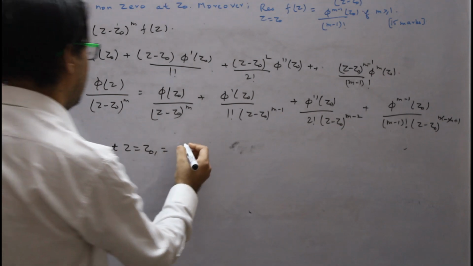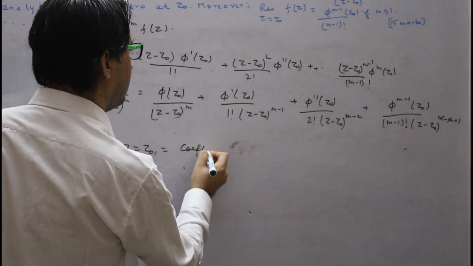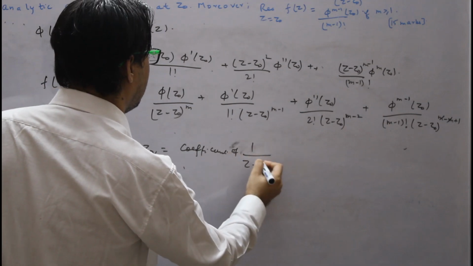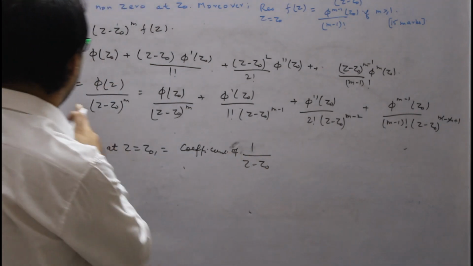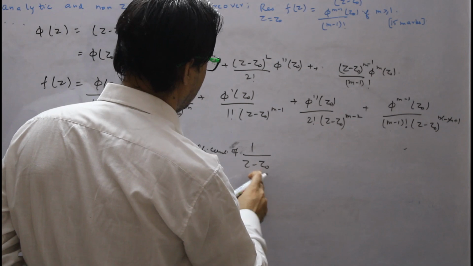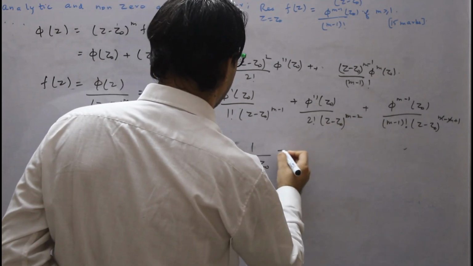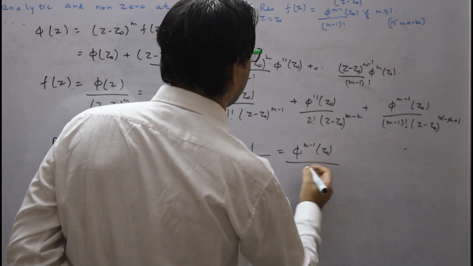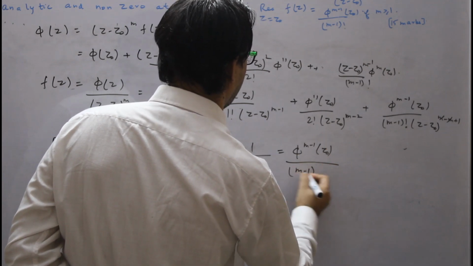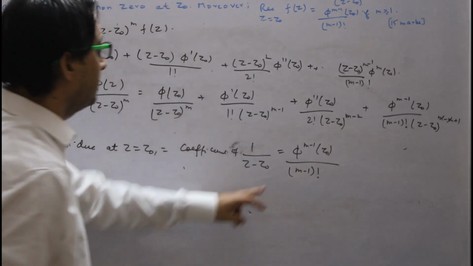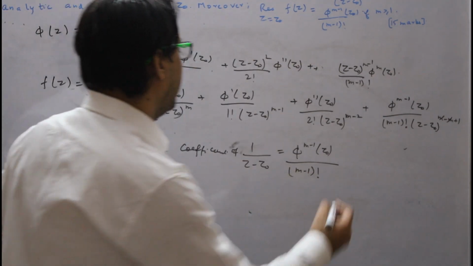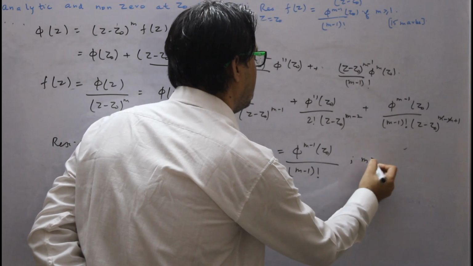So that is equal to the coefficient of 1 by z minus z naught. So what is the coefficient of 1 by z minus z naught? We can write it from here. This is phi^(m-1)(z naught) divided by (m minus 1) factorial. So this is what we are supposed to prove, that the residue,